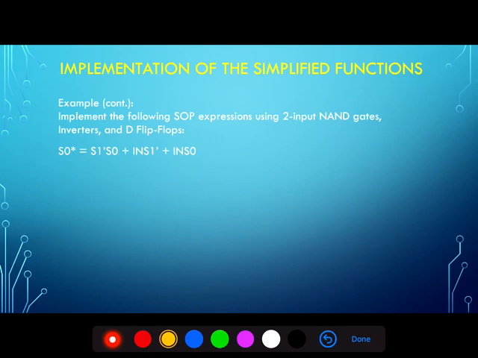In this scenario, first we see that we have three terms we're looking to implement with two input NAND gates. So let's start by doing that with the straightforward expression: S1 not S0 into an AND gate, S1 not into an AND gate, and in S0 into an AND gate, excuse me. Now these would go into an OR gate, usually,